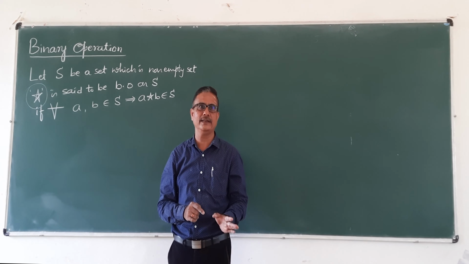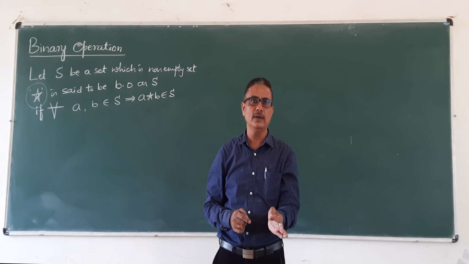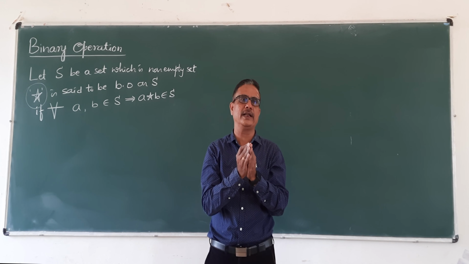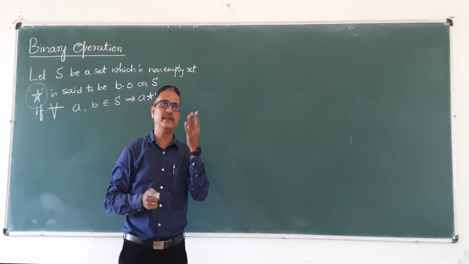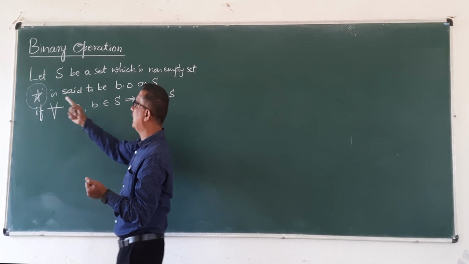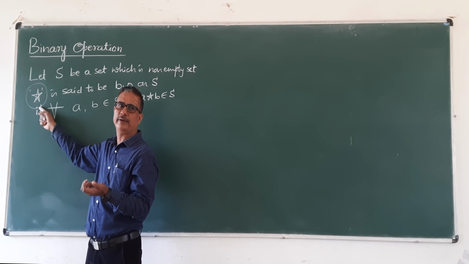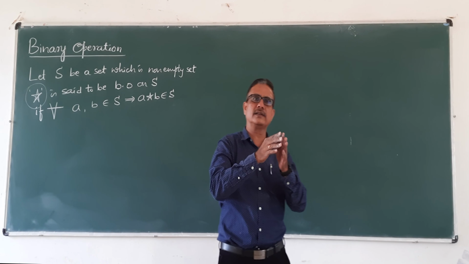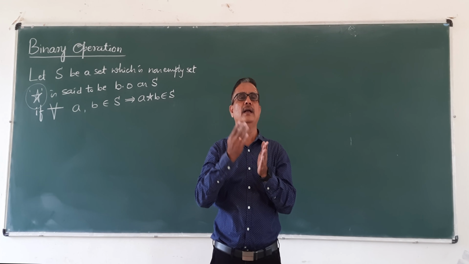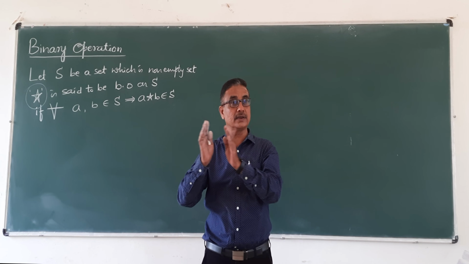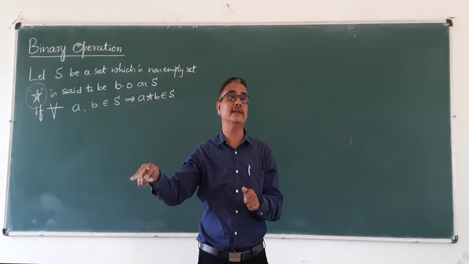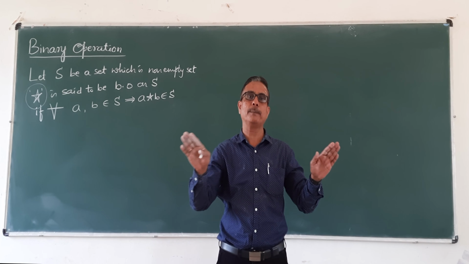Okay, yes, there is a set which is a non-empty set. It has many elements. For it to be a binary operation, when we operate on two elements of the set S, the operation is in general star. For example, there are four types of operations, namely addition, subtraction, multiplication, division. So star may be addition, or it may be multiplication, or it may be division, or it may be subtraction. When we operate on two elements of the set S, whether we add, subtract, divide or multiply, if the answer is in the same set from which we took the two numbers, then that is known as binary operation. If it is not in that set, then that is not binary operation.